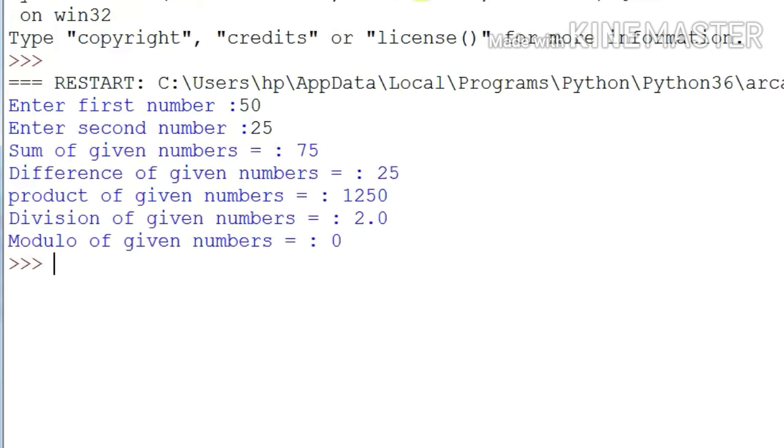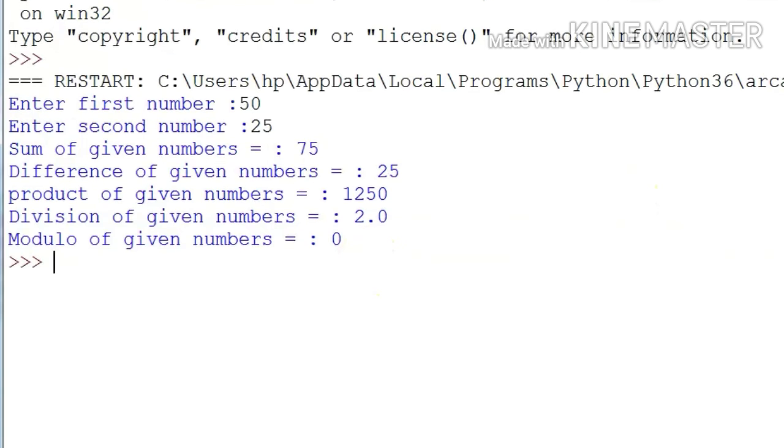See, sum of given numbers equal to 75, difference of given numbers equal to 25, product of given numbers equal to 1250, division of given numbers equal to 2.0, and modulo of given numbers equal to 0. That is, 50 divided by 25 means 2, no remainder. Okay, that's why modulo of given numbers equal to 0.